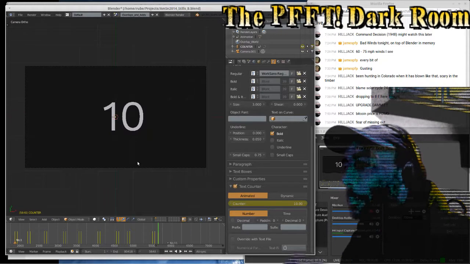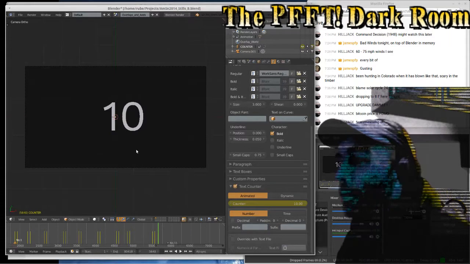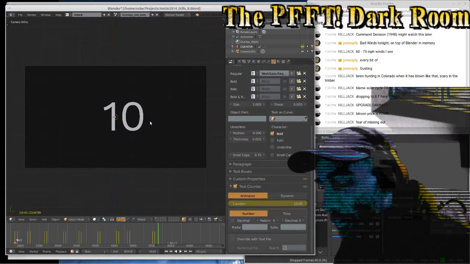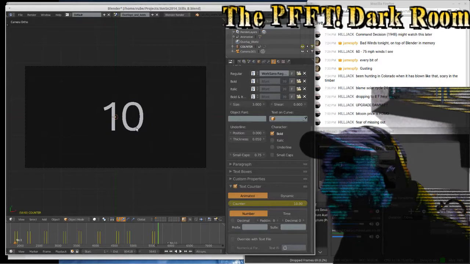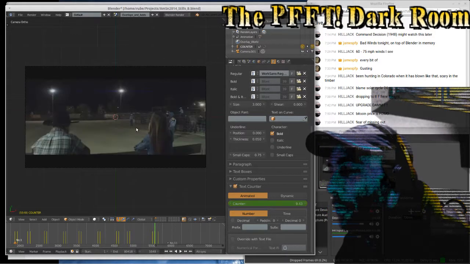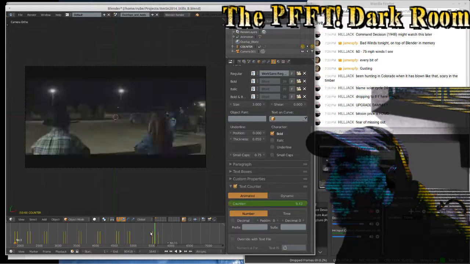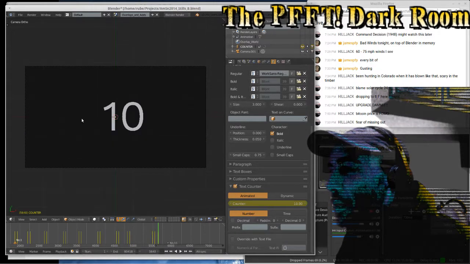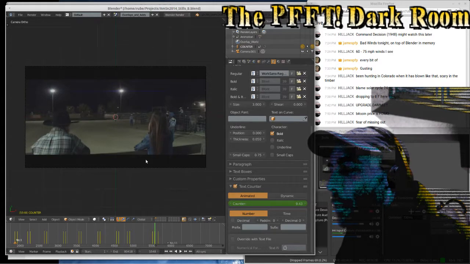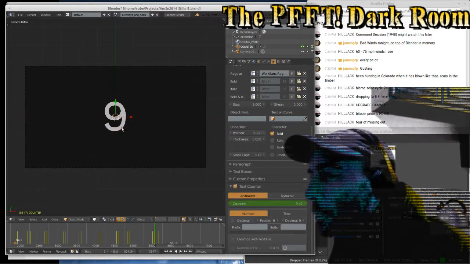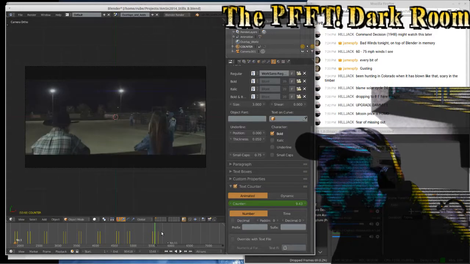Position 10. You can see now that I have to recenter this, because the first set of numbers were at least centered already. So now I have to do 2 other keyframes. That's what I'm trying to say here. I want the keyframes to be as they are, 9, 10, but I want 10 to be centered. So I'll set this keyframe as a location, and we'll go to the next one.